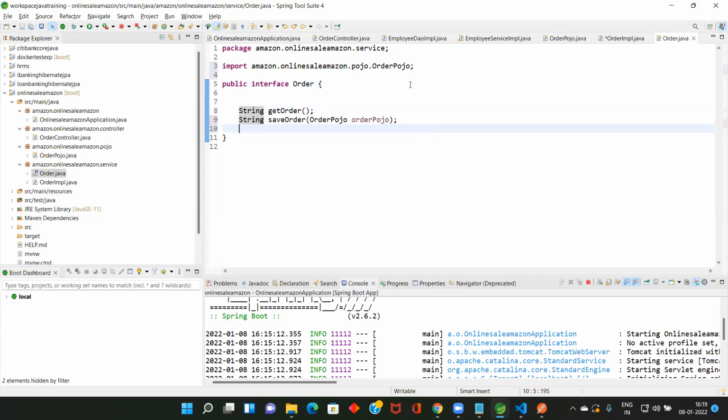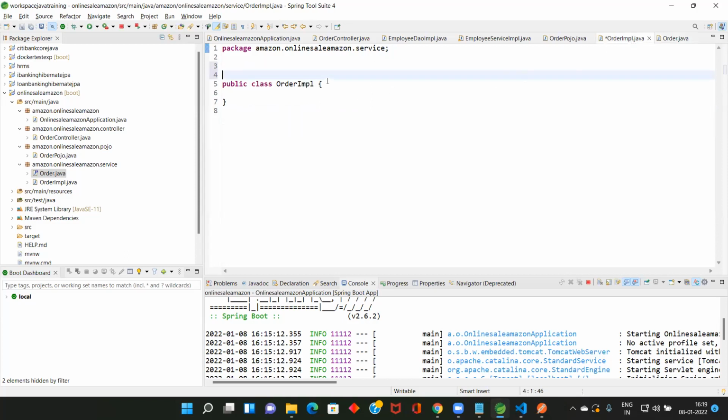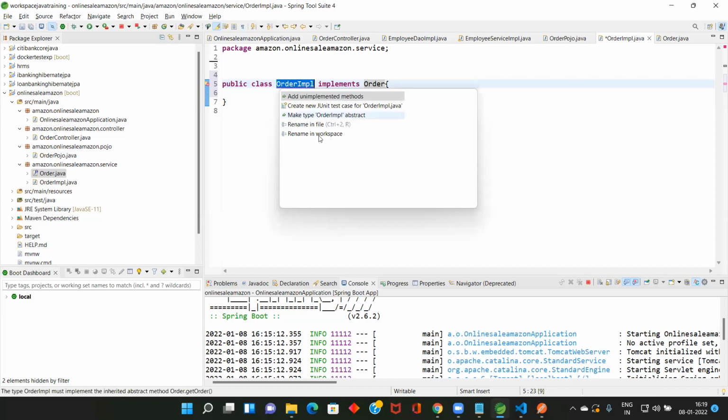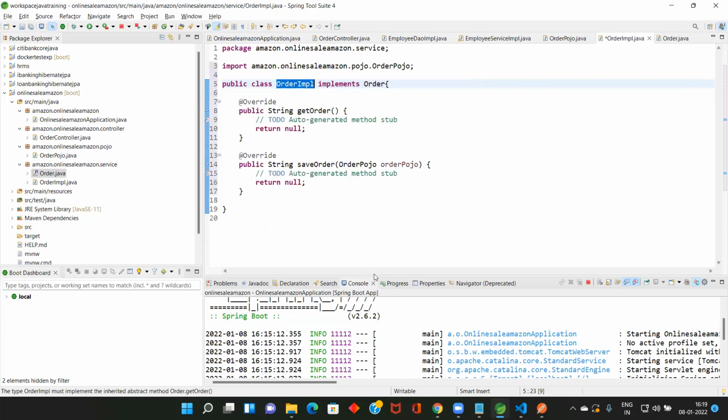If I implement this interface, how will you implement an interface? implements Order. Control Shift O, then unimplemented methods are added. See here, both methods got implemented. Save. Maybe I make this order POJO here, string, right?